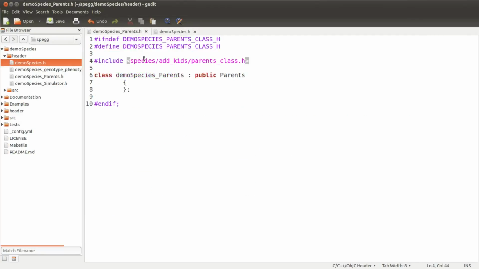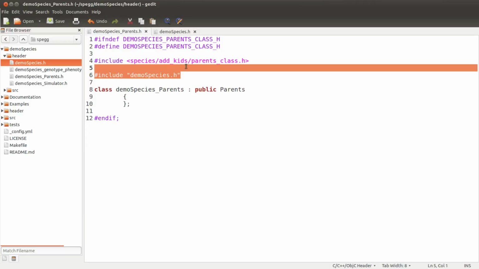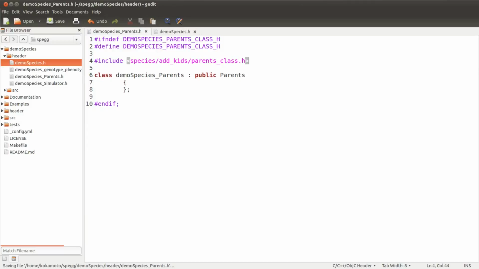However, the demo species parent object will require using this demo species object as an input. We can't ask the header file for demo species parents object to include the demo species object header file, as this would create circular dependency among our header files. So instead, what we will do is use what is called a forward declaration. By using a forward declaration of the demo species class here, we can sidestep the problem of circular dependency among